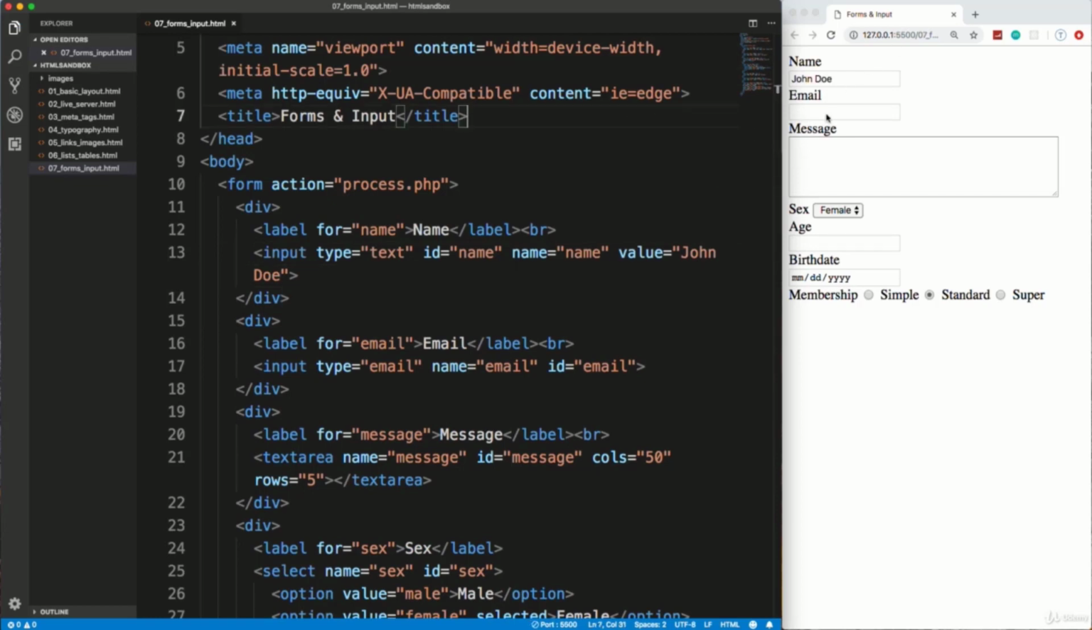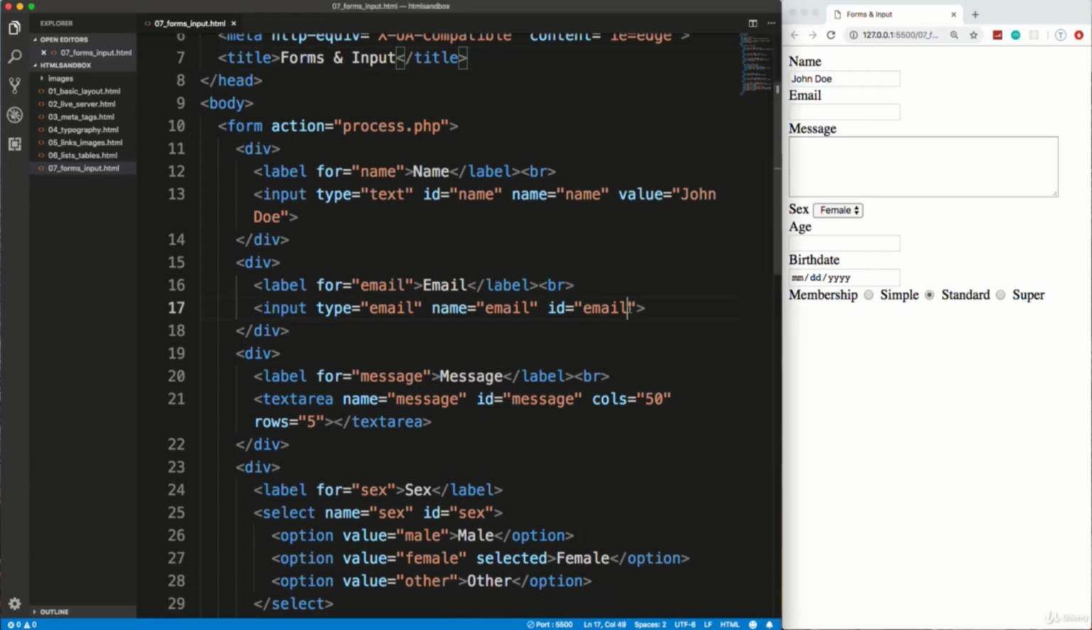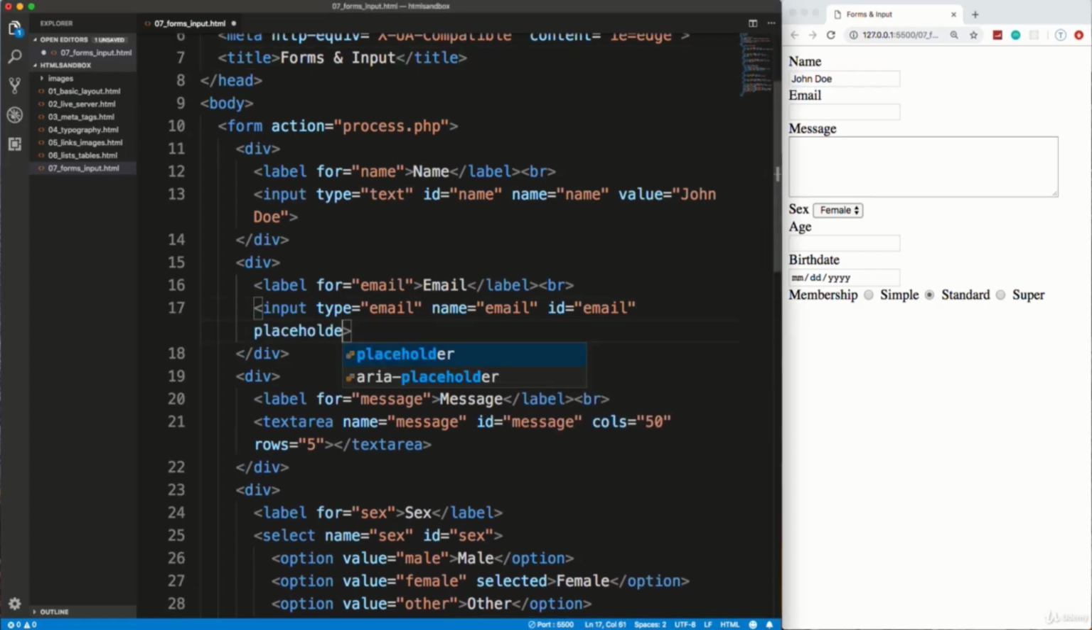Now sometimes you may want something in here that's not an actual value, but kind of like a message, like enter an email or something like that. Before HTML5 we would have to actually use a value, but you would want that to go away when you click in the box, so we would have to use JavaScript to add that functionality. But with HTML5 came placeholder. Okay, so if we want to add placeholder and set that to, let's say, enter an email, and we save,